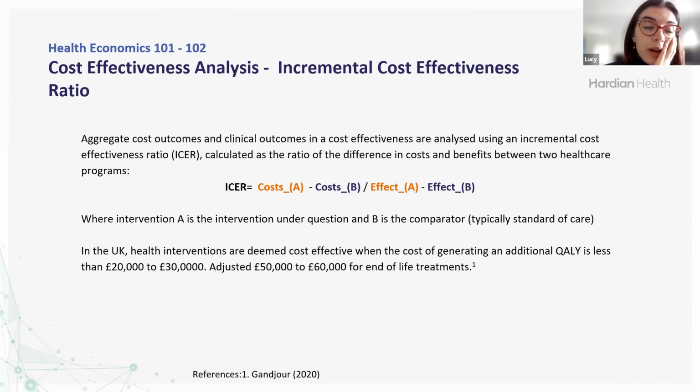So they won't recommend technologies for adoption if that technology is generating an additional quality adjusted life year for more than £20,000 to £30,000. And for end of life treatments, this is adjusted upwards. But for the majority of interventions, the threshold tends to be 20 to